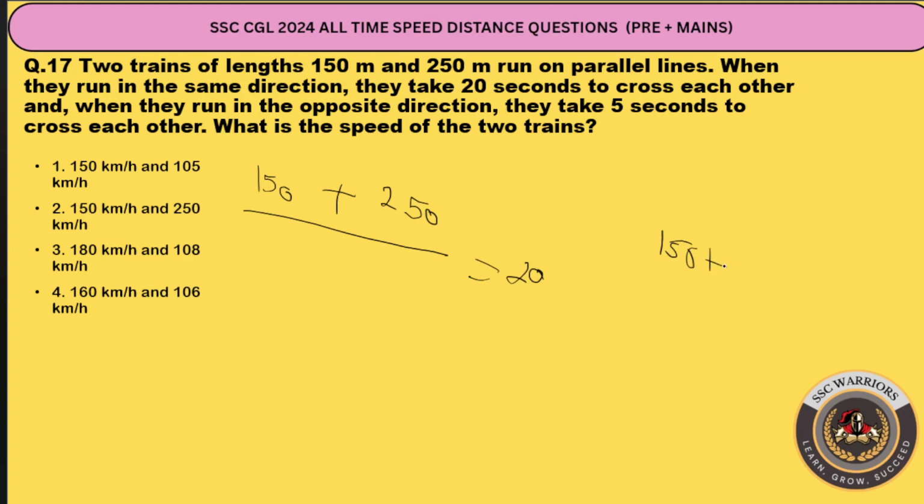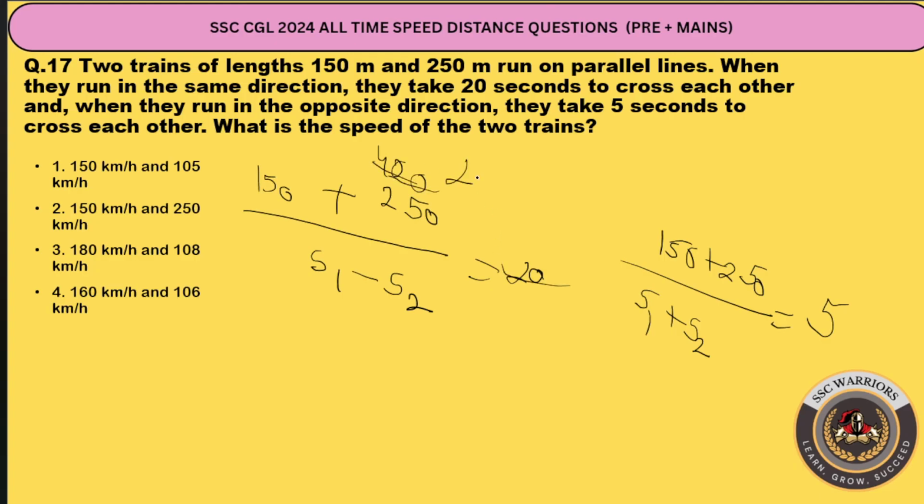150 plus 250 upon S1 plus S2, because here they are both traveling in opposite directions, so the speeds will be added, and it will take 5 seconds. And here they are both traveling in the same direction, so S1 minus S2. Now this is 400, so it will be 20. S1 minus S2 is what? 20. And again 400 upon S1 plus S2 is equal to